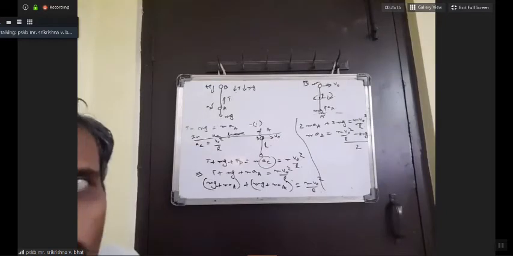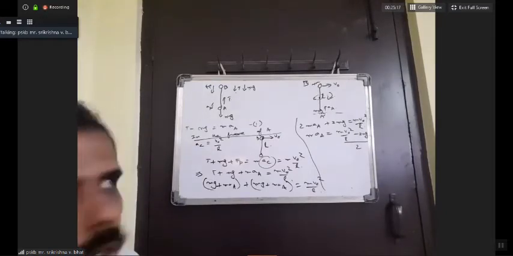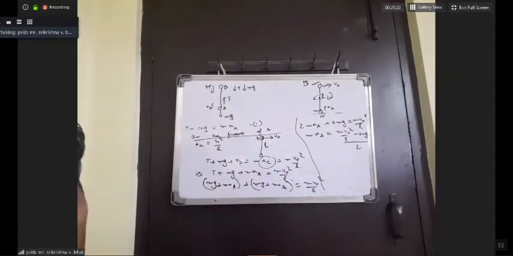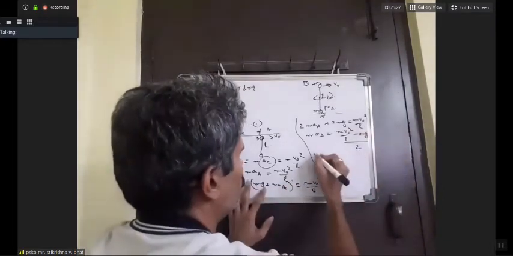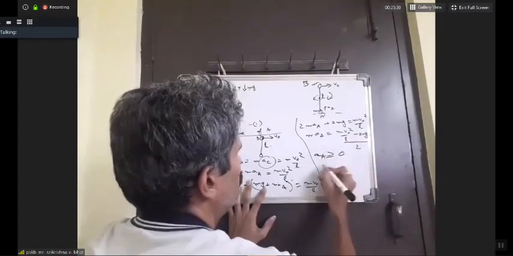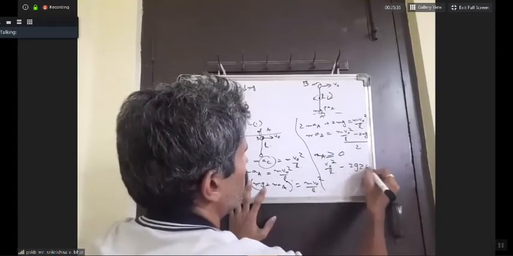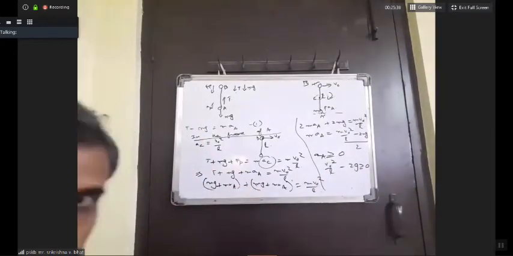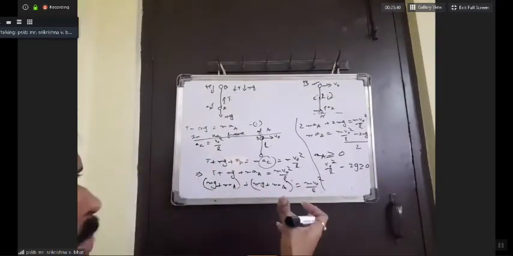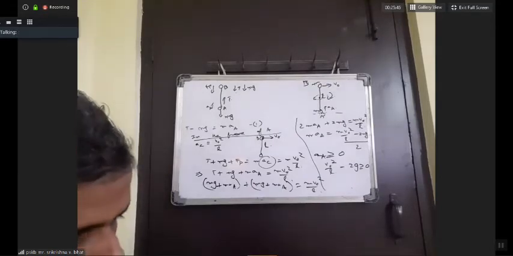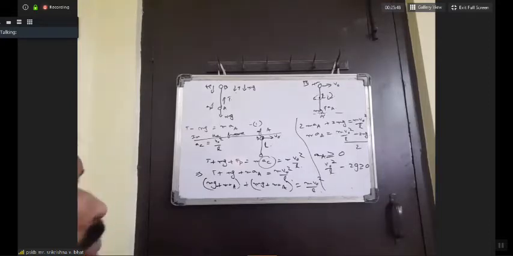Okay. What is the condition for losing contact? For A to lose contact? The simple condition that I told you earlier was acceleration of A should be greater than or equal to 0. It should be either 0 or positive, or it should be upwards. So therefore, this quantity should be greater than or equal to 0. A is greater than or equal to 0. Which means v0 square by L minus 2g is greater than or equal to 0. So this is the condition we got earlier. L should be less than v0 square by 2g. Is it clear?